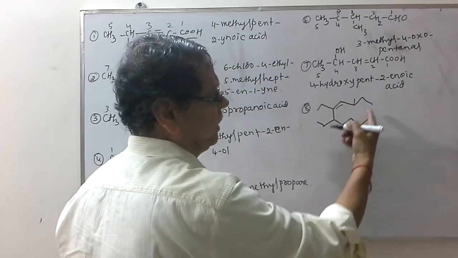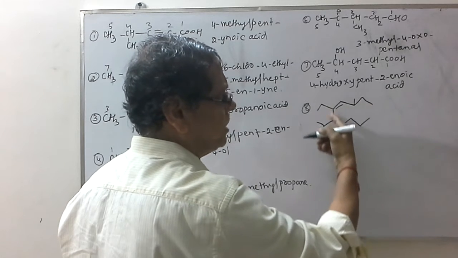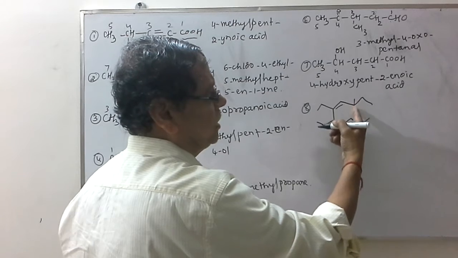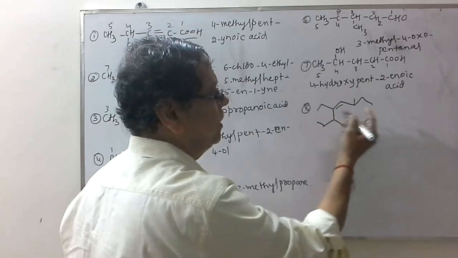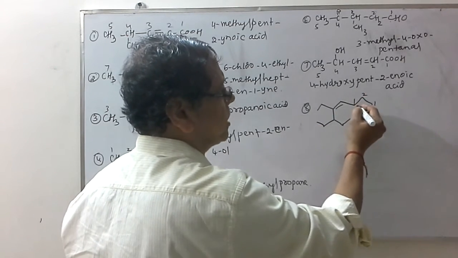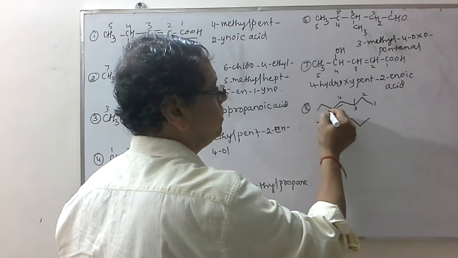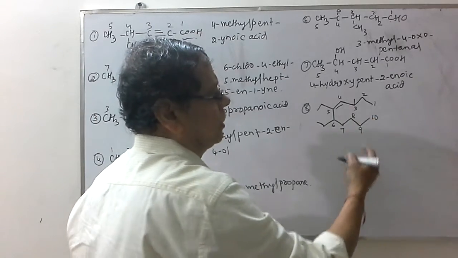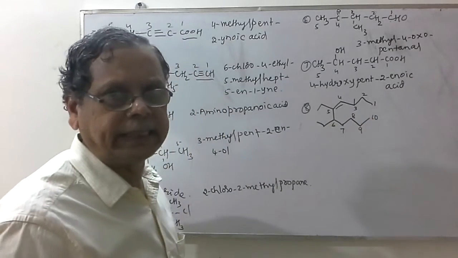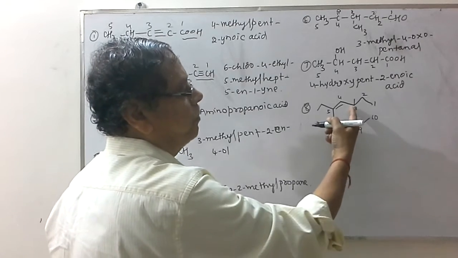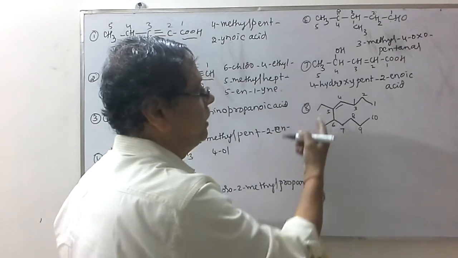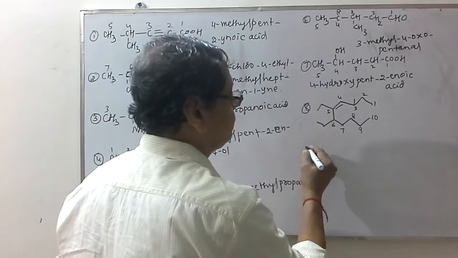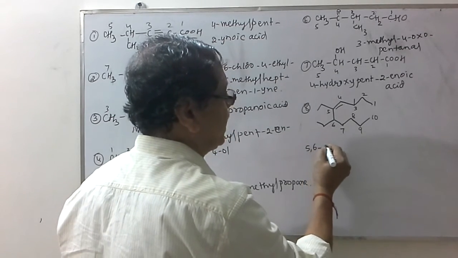Now, if you consider this skeletal structure, it is called only line formula. Just observing this one, actually the longest chain is this one. But there are substituents at this part as well as double bond at this part. Therefore, we should start numbering from this carbon. Total number of carbon atoms in the main chain are 10. There is a methyl group at the 3rd position, ethyl group at the 5th and 6th position. Therefore, it is 5,6-diethyl.